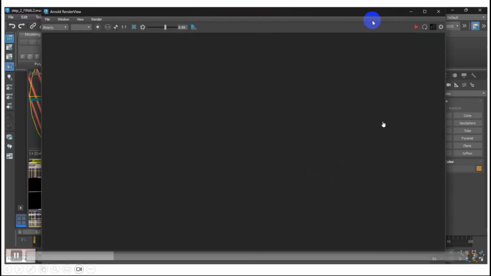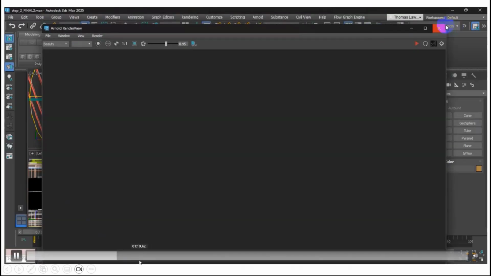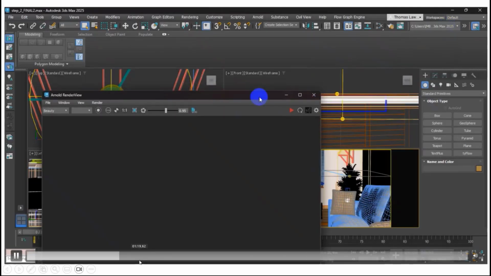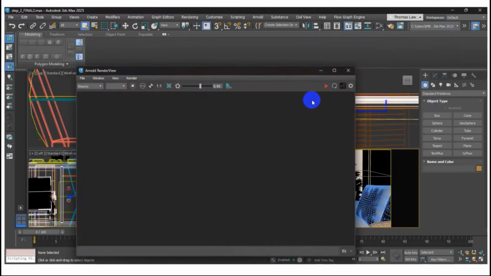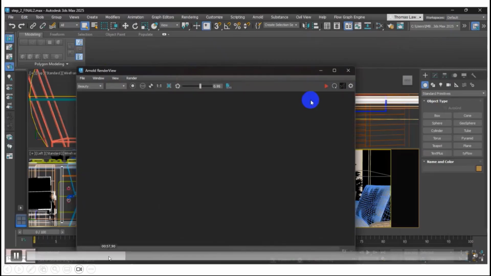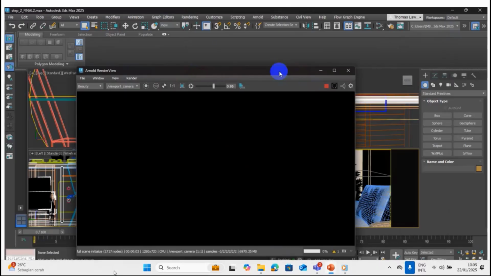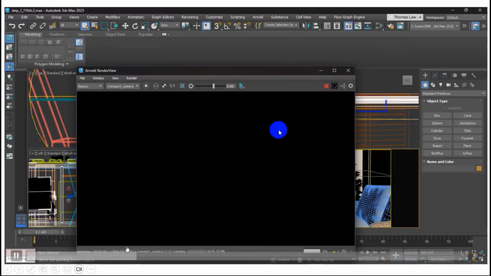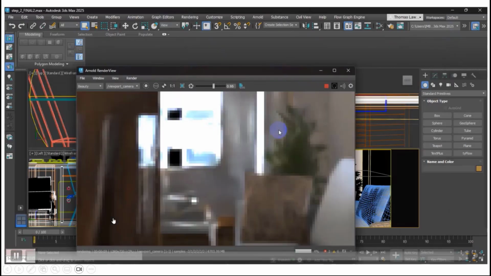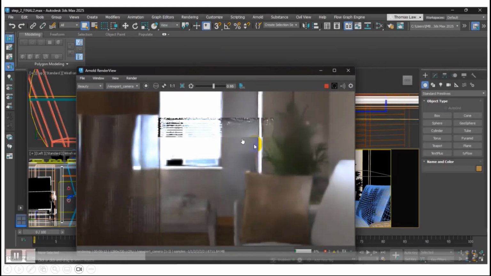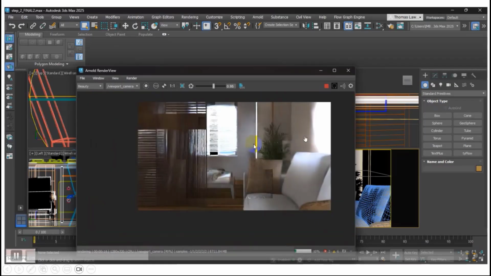This is the Arnold render preview window. After you create it, you click the play button, the run button. This depends on the time you consume, which you can see at the bottom of the Arnold render view. So this is automatic.